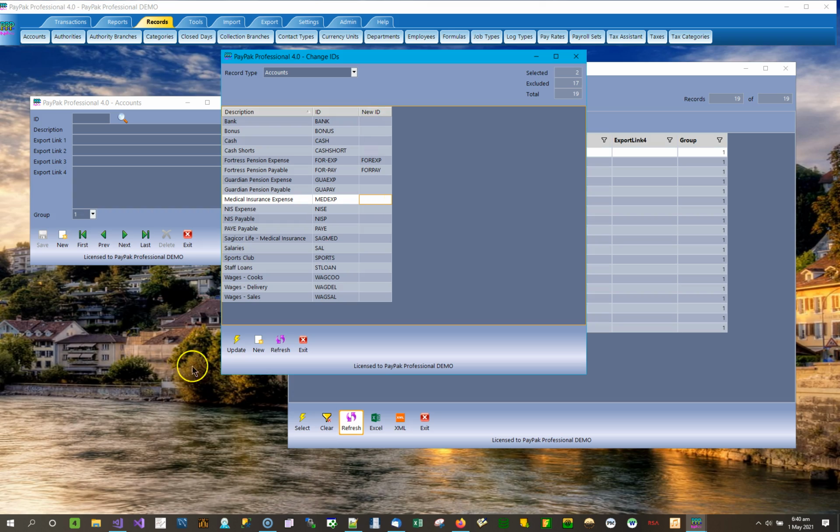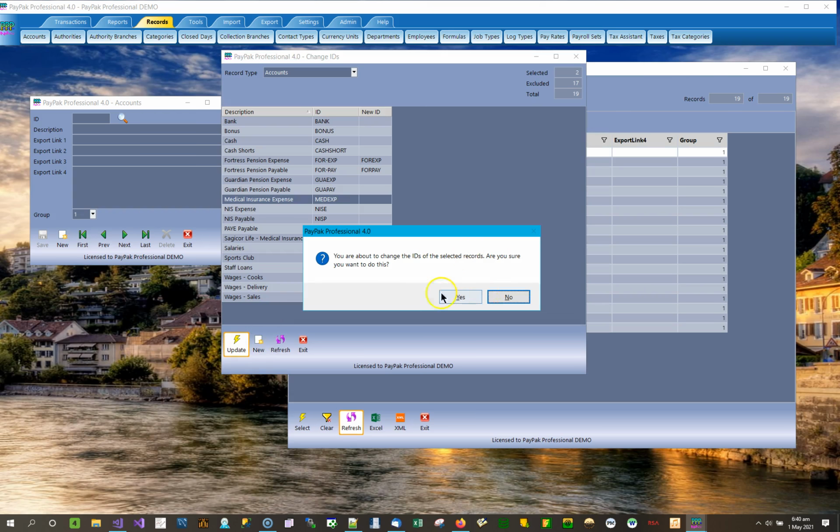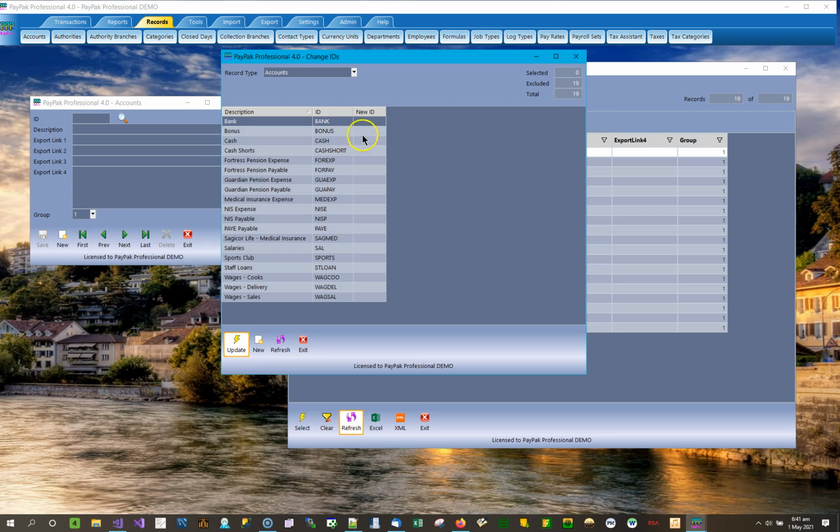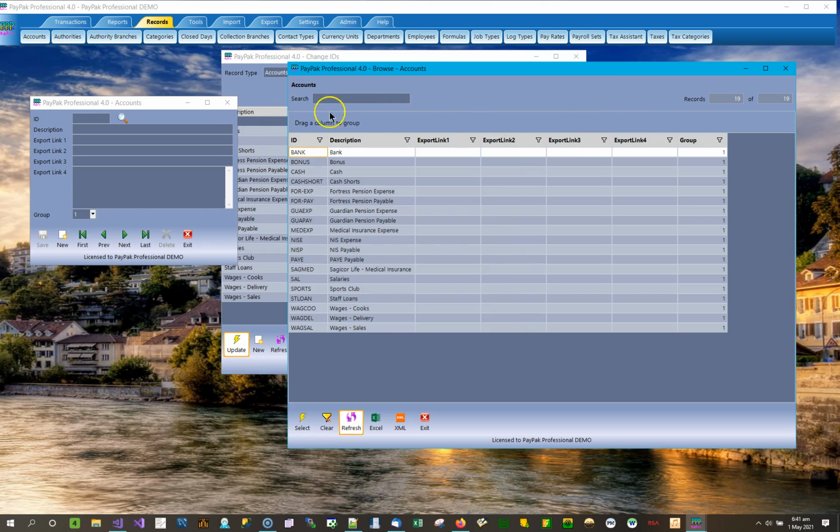So we've got the two we wish to change. It's a simple matter. Just click on Update, and it says you're about to change the IDs of the selected records. Do you want to do this? Are you sure you want to do this? We say yes. Update completed, and there you go. You've got 19 records now. And if I come here to the browse screen